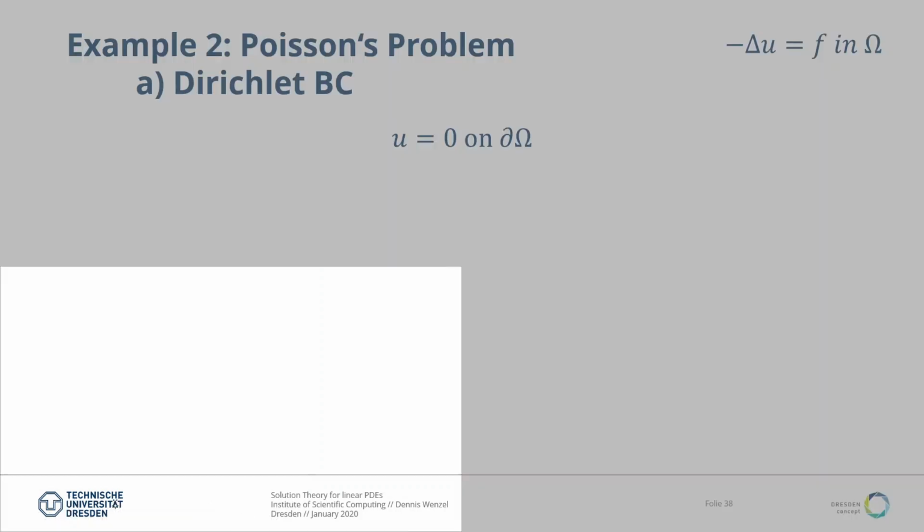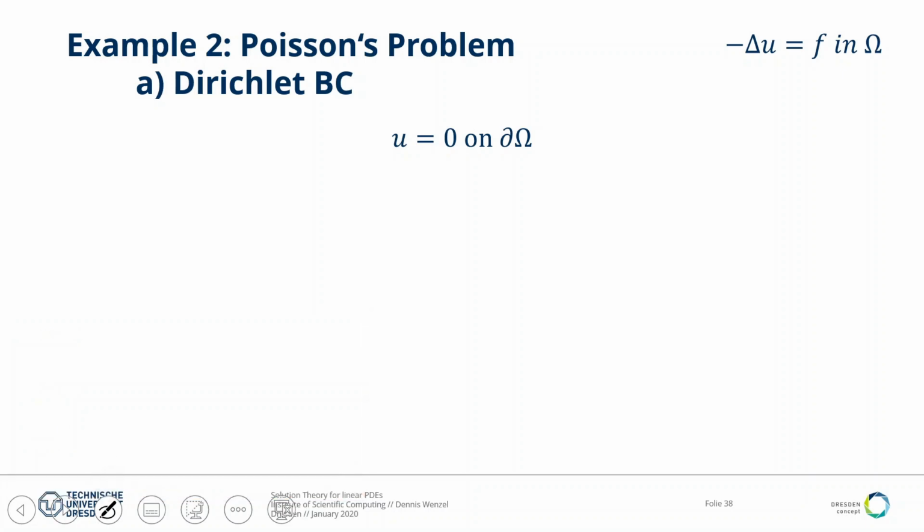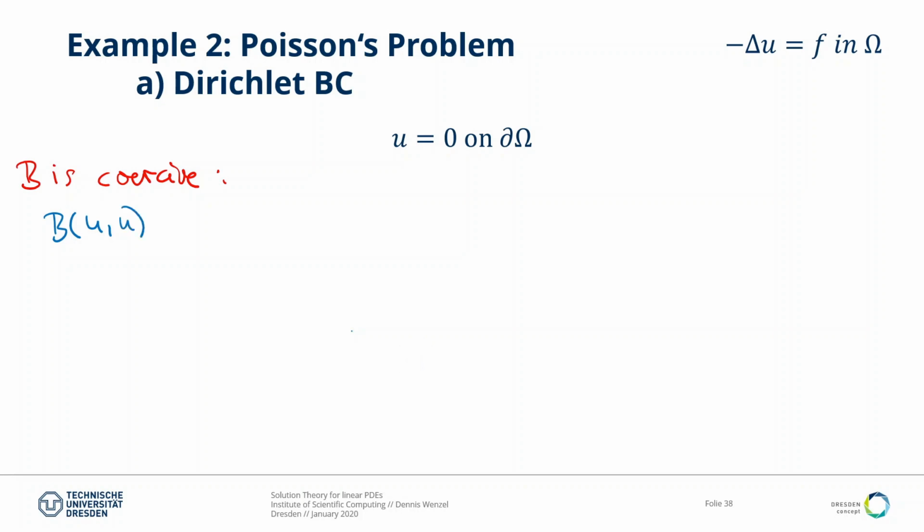And here comes the reason why I've mentioned before that coercivity is actually the problematic property. So now let's see that B is coercive. And for that, we start as usual by plugging into B those same arguments, B of u and u. That's an integral over omega of gradient of u squared. That's beautiful. And that is, if you think about it, just the gradient of u in the L2 norm squared. And now you have a problem,